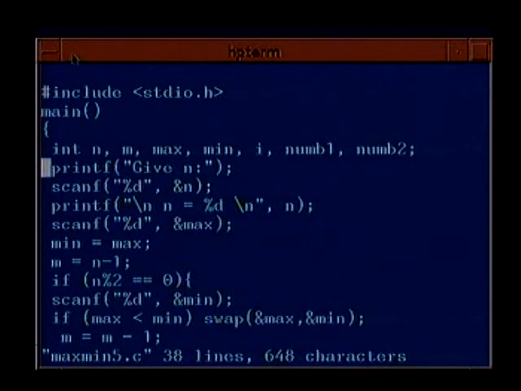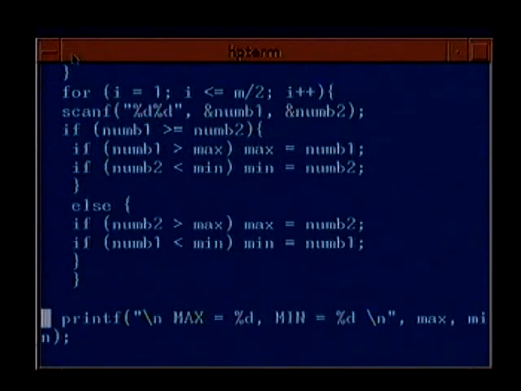And this is what you will end up with, a final program in which all the other things remaining same, this part will change. If num1 is greater than or equal to num2, then you compare num1 with max and num2 with min, else you compare num2 with max and num1 with min, and you get rid of the swap statement as well. And finally, after doing all your analysis, this is where you can end up with a program which is not only correct and efficient, but looks reasonably nice also.